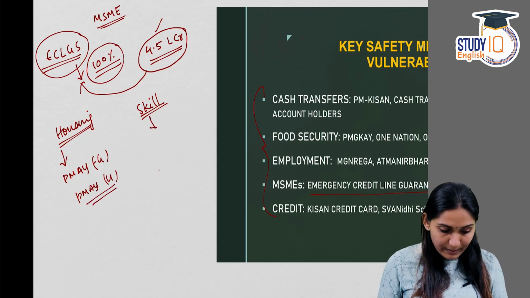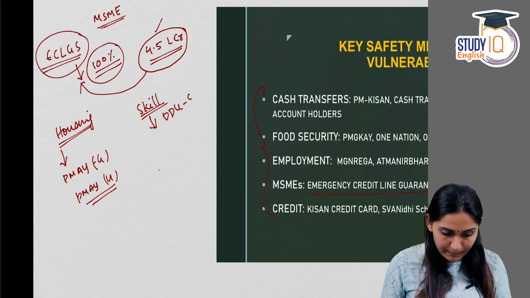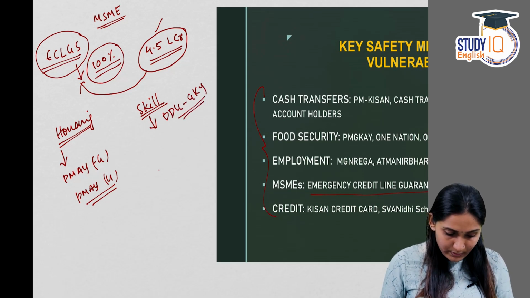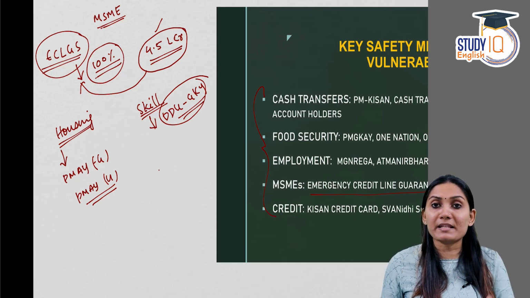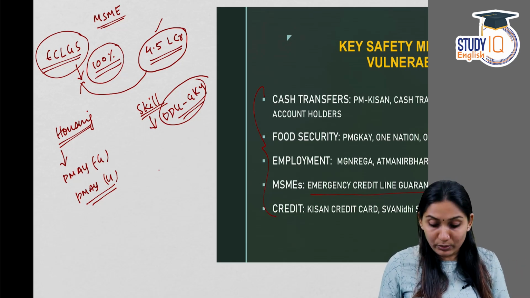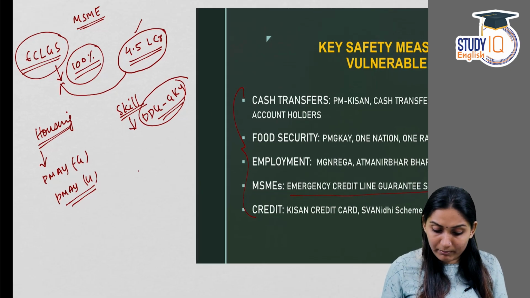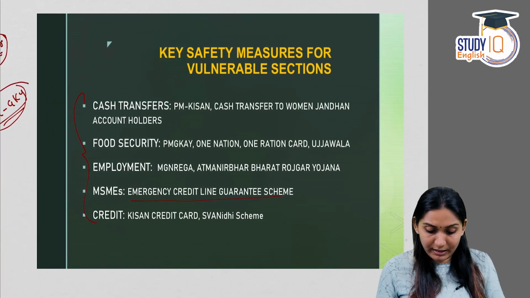With regard to skill development, Deen Dayal Upadhyay Gramin Kaushalya Yojana was again revamped. I am not discussing all these in detail because these are schemes that were already existing. They are not new. I am explaining those schemes where major additions were made, like in case of One Nation One Ration Card,